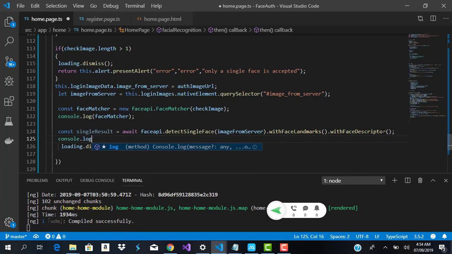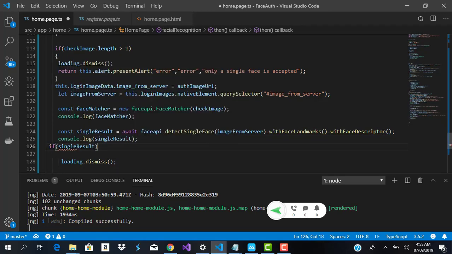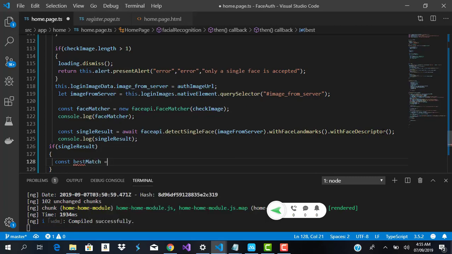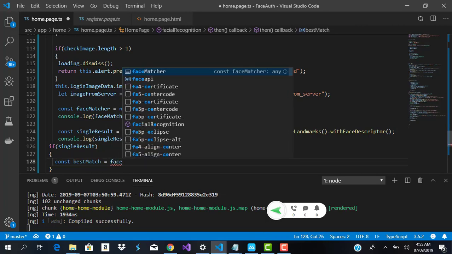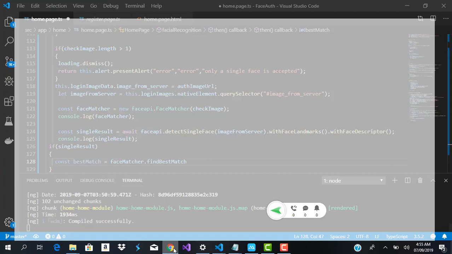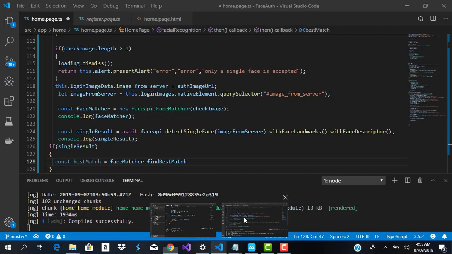So console.log singleResult. After that, we can say if singleResult, basically if an image exists and we have been able to get the image descriptor, we can now check for the best match of this image with the previous image, for which we used faceapi.FaceMatcher here. So we can just check for the best match. We're going to say faceMatcher.findBestMatch. To avoid typographical error, let me come over here, copy this,